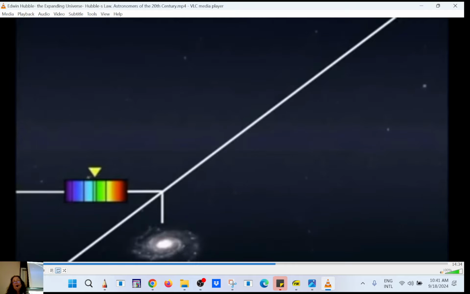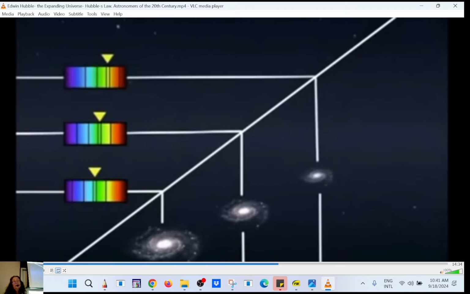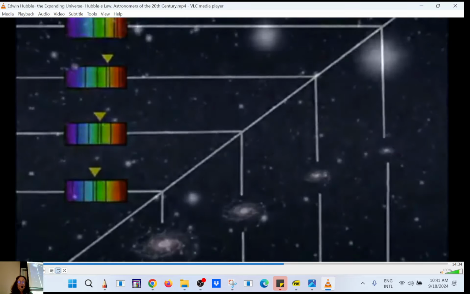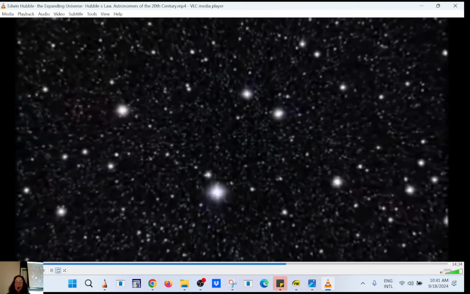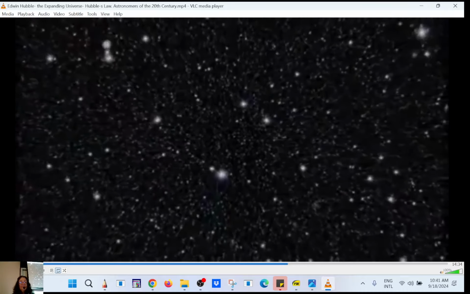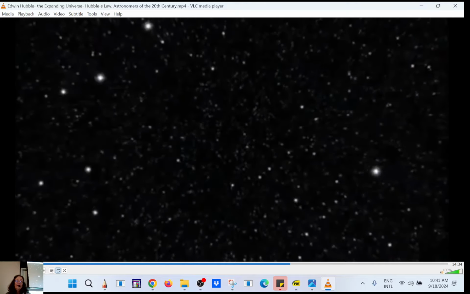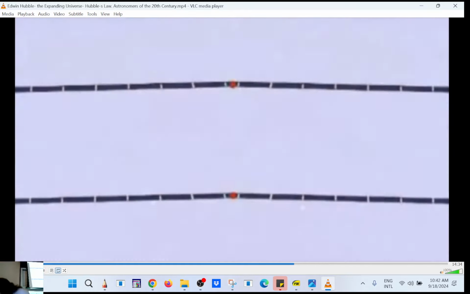If this logic is applied to the galaxies, a redshift, in other words, a lengthening of the light waves, means that the galaxy must be receding. Most of the galaxies investigated by Hubble were in fact redshifted, and the more distant they were, the more pronounced the redshift. This means that the most distant galaxies are receding the fastest. This association between distance and velocity has gone down in history as the Hubble effect. It proves that the universe is expanding and that the galaxies are drifting apart, like points on a rubber band when it is stretched.